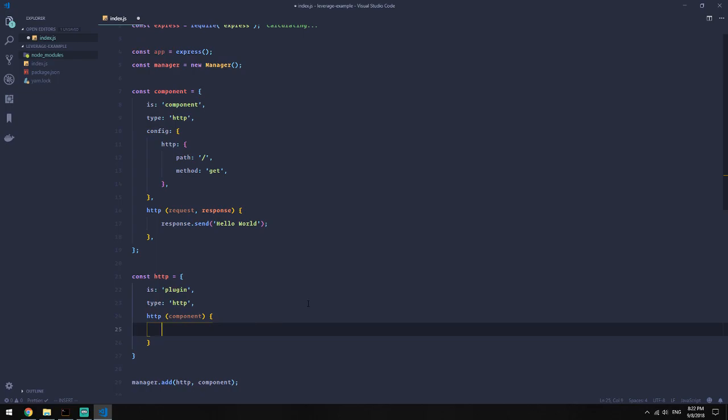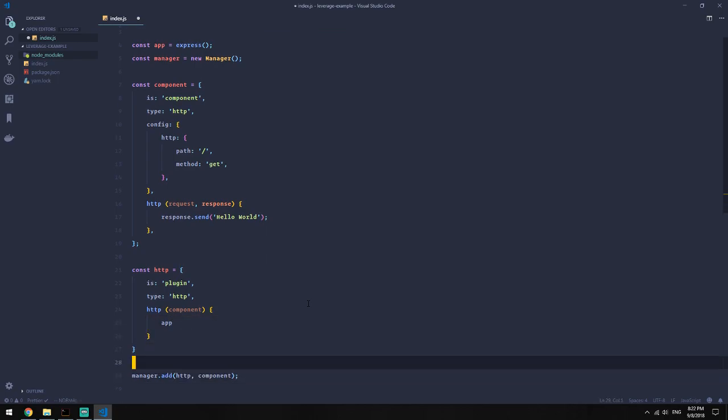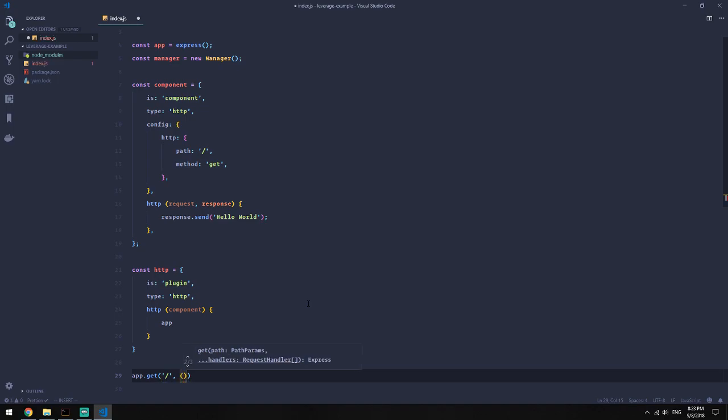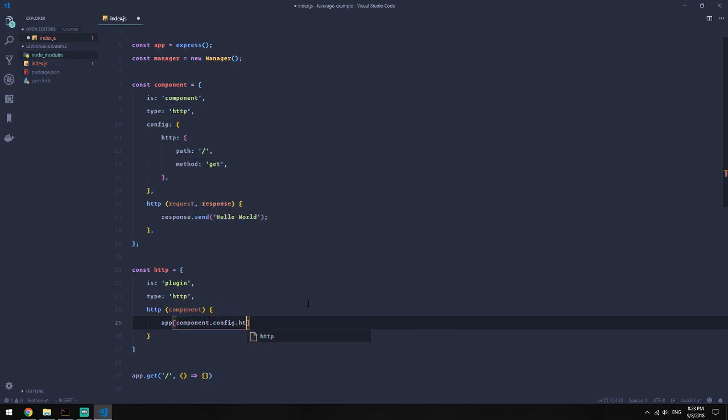And what we're going to do here is say app. Now, normally, when you're using Express, you define everything with, like, if I want to add a route and I want it to be a GET request, I can say app.get my route and then offer some callback. Okay, what we're going to do is make this a little more dynamic by saying app, selecting that GET from our component.config.http